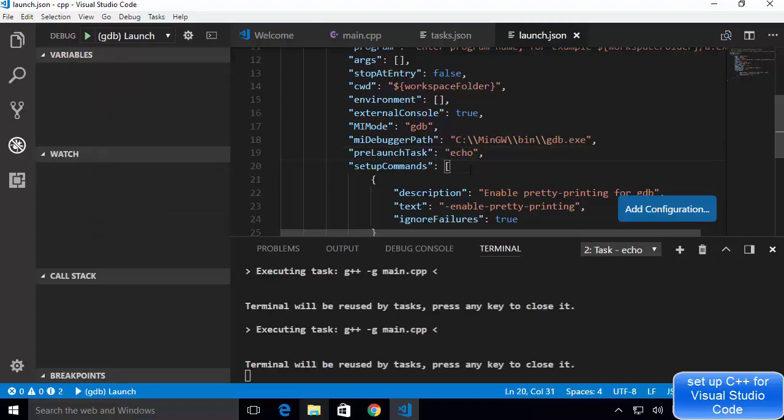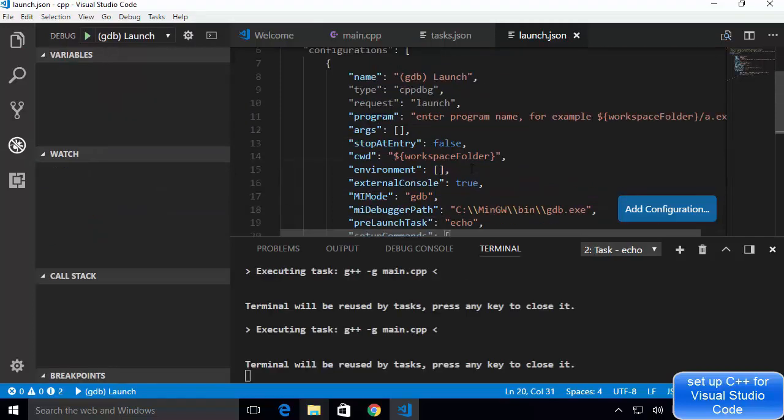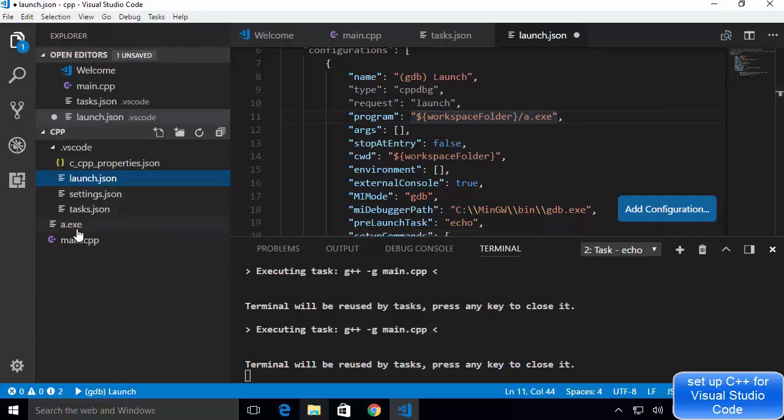And one more thing you need to do here is call your exe file, whatever exe file you want to debug. You just need to give the path to that exe file. So you just need to add dollar and then in curly brackets workspaceFolder backslash whatever is the exe name in your case. In my case the exe file name is a.exe, so I'm just adding this one.